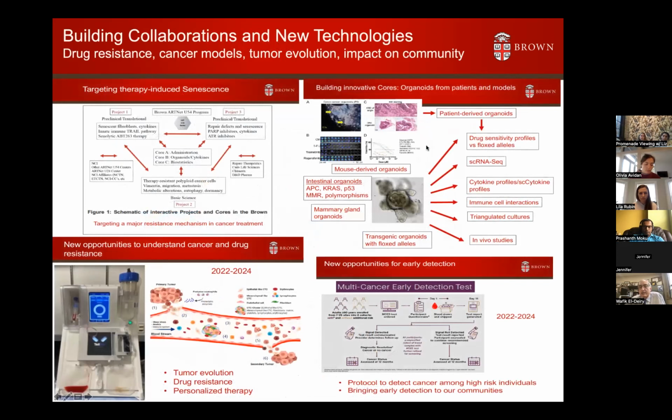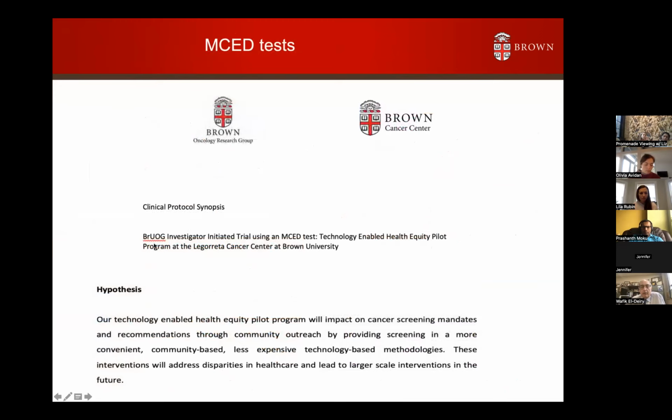I will now just wrap up with reminding you that there are plenty of opportunities here at Brown to use the new technologies to look at cancer risk and cancer susceptibility, and to model experiments looking at interactions with the immune system, drug sensitivity. As I mentioned earlier, we are interested in multi-cancer early detection tests, and actually have a protocol under development, which is an investigator-initiated trial using an MCED test, which is essentially a technology-enabled health equity pilot program